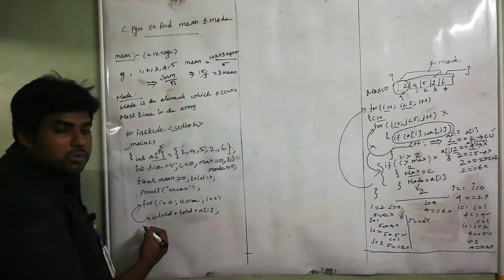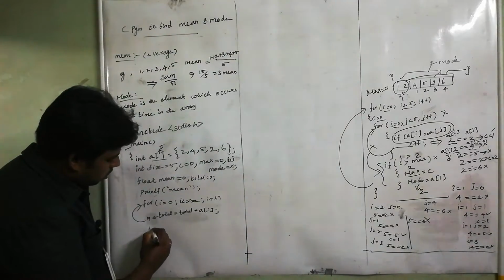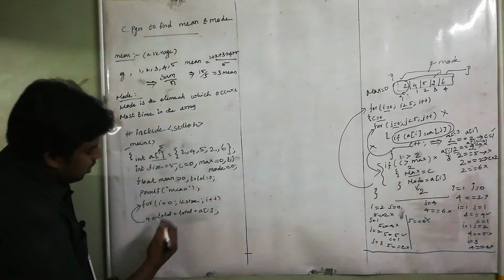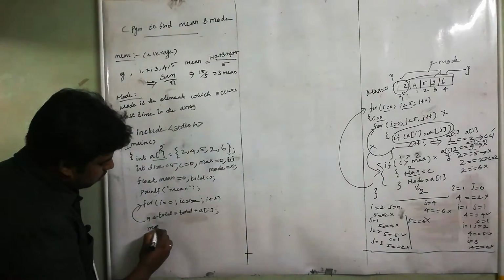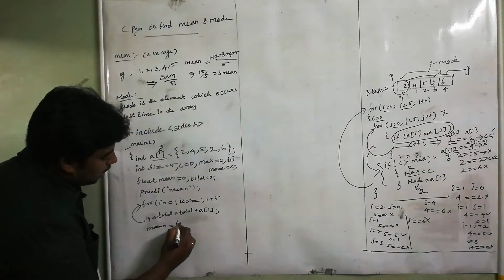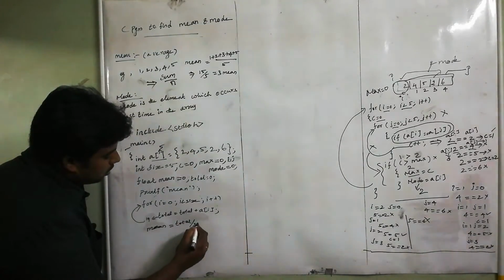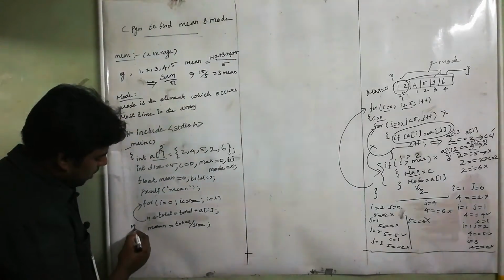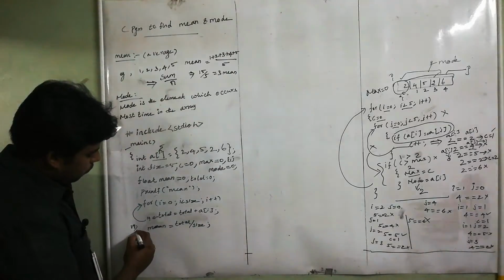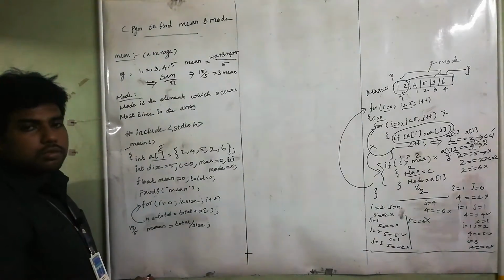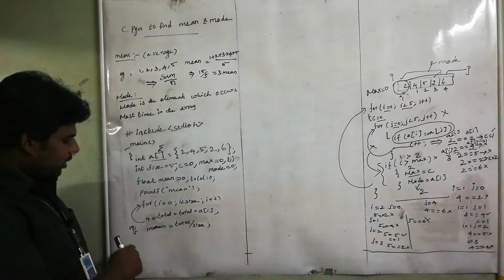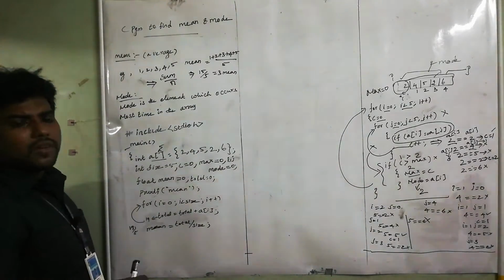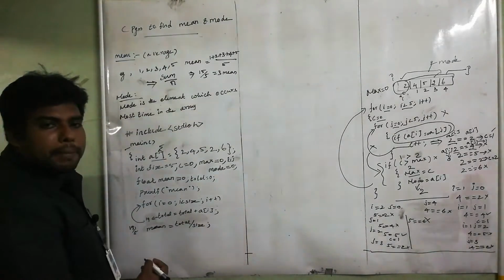Okay. Now outside the for loop, sorry, I want to find mean equal to total by size. So semicolon. So it means 19 by 5. You will get some pointed values, right? Okay. 5 3s are 15. So 3 point some value you will get. Okay. I want to print the mean now.